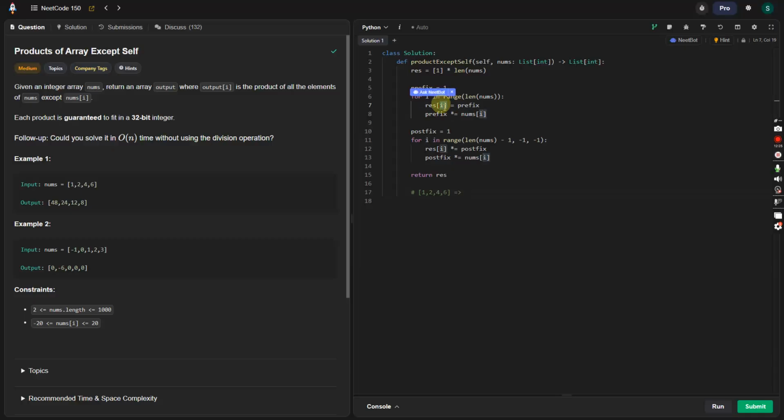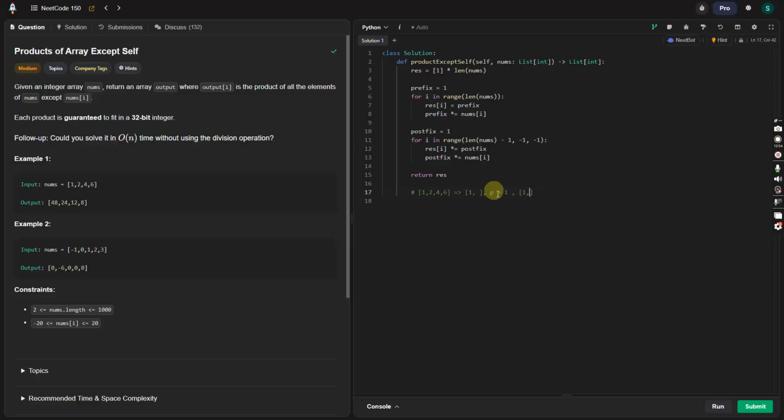So at this index, the 0th index, make it equal to prefix, because we want to look at the left of whatever nums at I is. Then we change the prefix to what the current index is, which is 1. So p equals 1. Then we move on, and then we have 2. So we go to the second index, so we have 1, and then